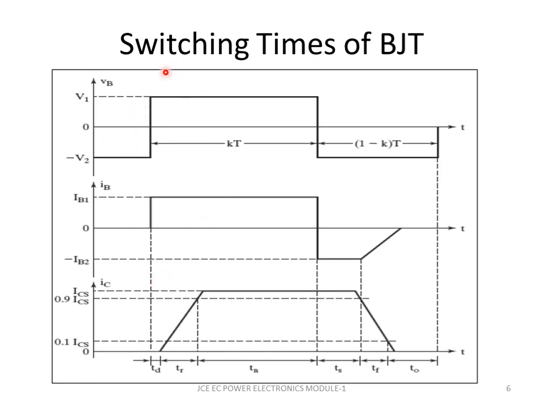So basically you will see that this is the turn on stage and this is the turn off stage, and hence switching times is nothing but trying to understand the device when it is switching on or when it is switching off. So we call it turn on and turn off. Let us concentrate on only turn on. In turn on, your base current will not flow till this point, because the base emitter junction is reverse biased. And once a positive voltage is applied till V1 at the base, then the base current starts to increase.